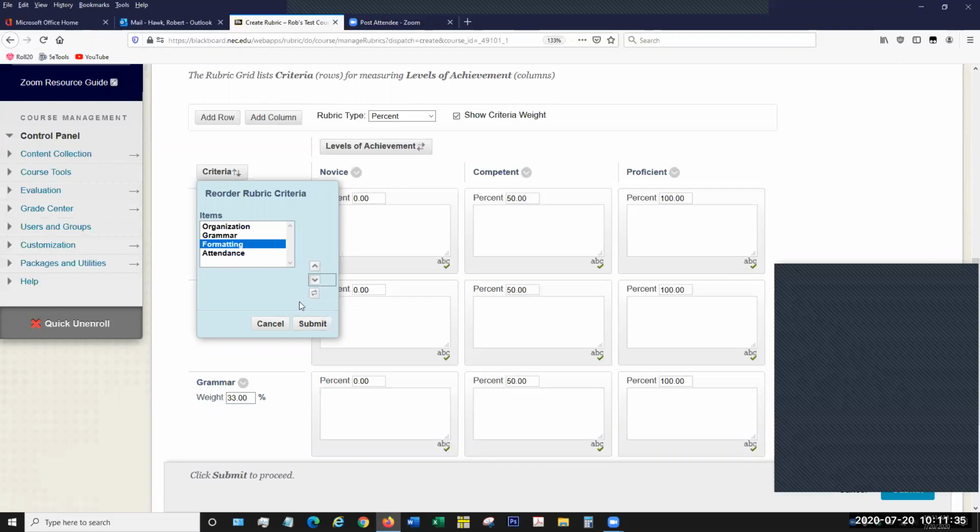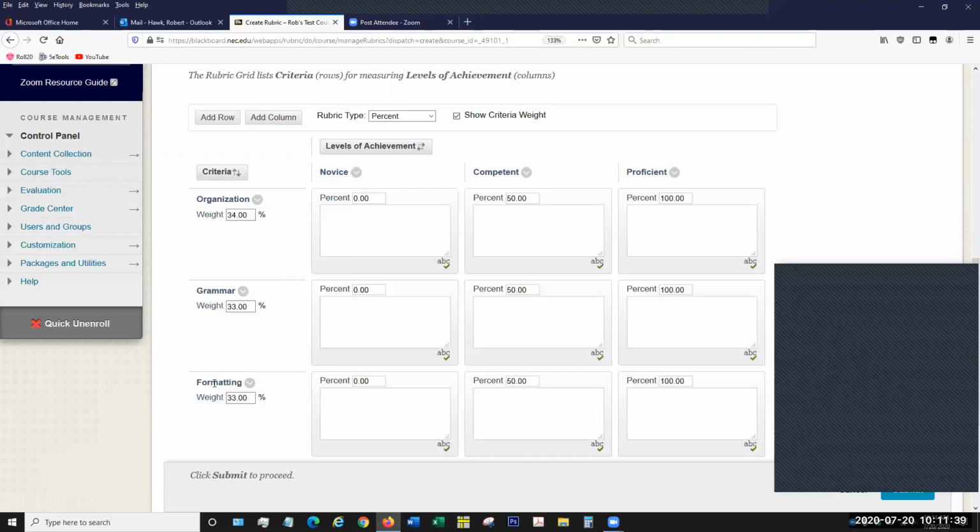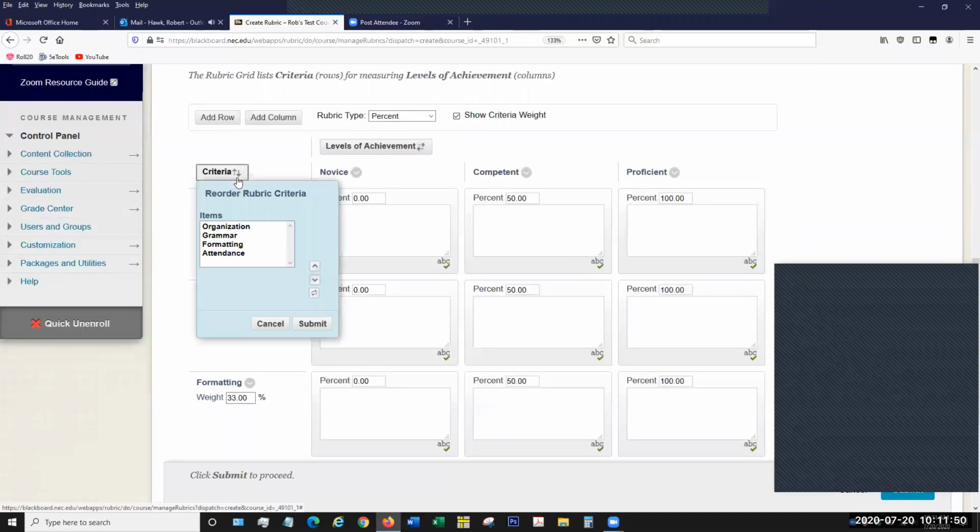So I've moved my formatting down a couple of levels. I'll submit that, and we see now that formatting is down here at the third position. You can also, using the criteria button, quickly change the order in reverse by clicking this reverse order button, and it just moves everything in reverse order,